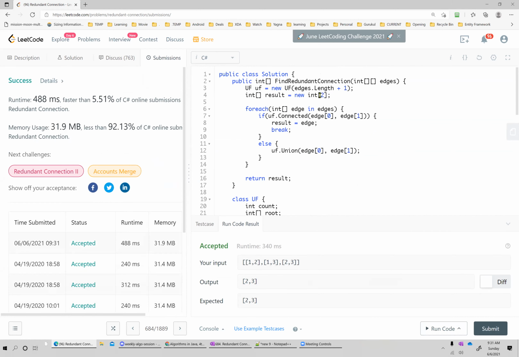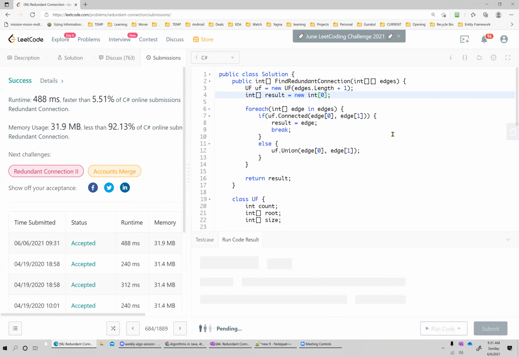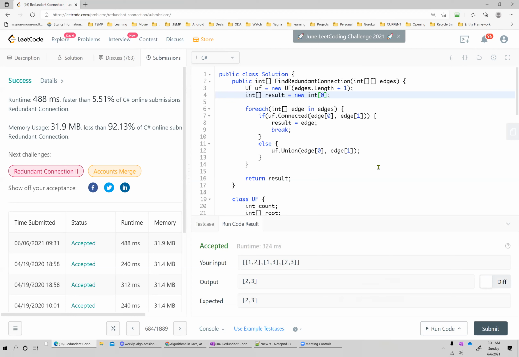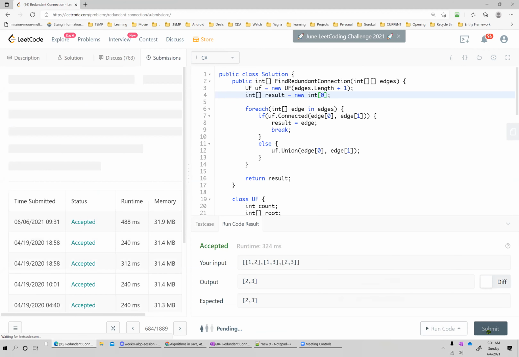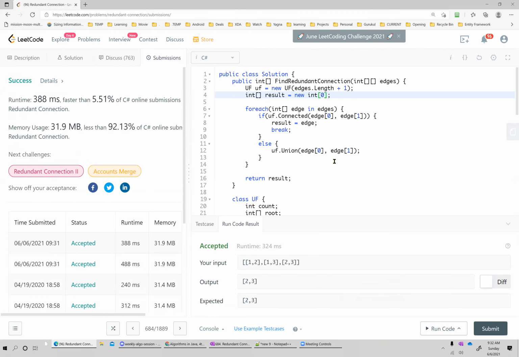Okay. So we are saying that we need to have 0, right? It's not taking a very long time. 5.51. It's taking a long time, yeah, looks like that. I know C#, right? I don't know.